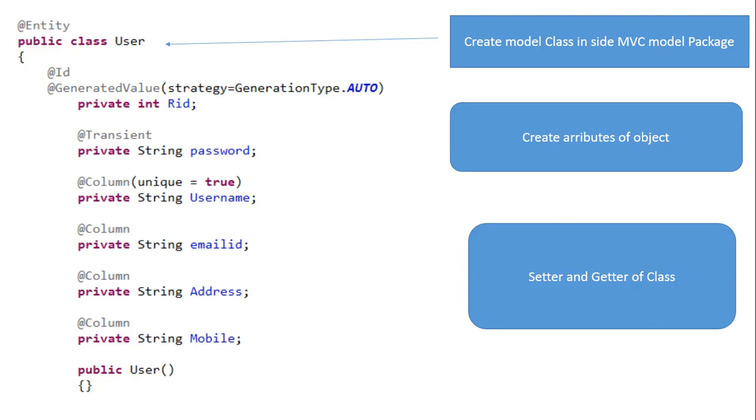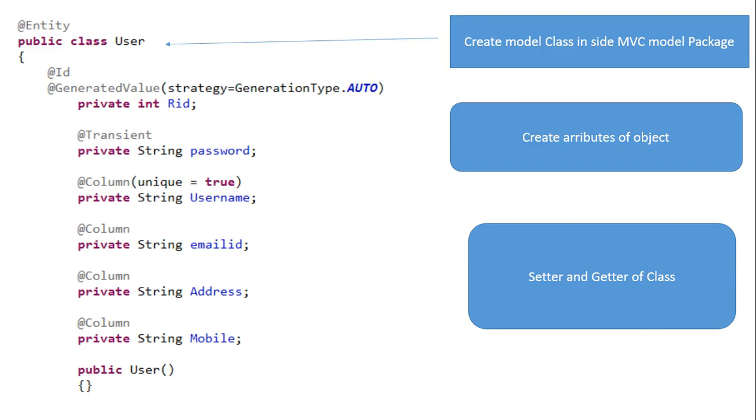It will create a user table in my database, right? And I have used @Id and @GeneratedValue for the generated type, and this value will be generated automatically in the table. When a user fills in the form with password, username, email ID, address, and mobile number, the ID will be automatically generated